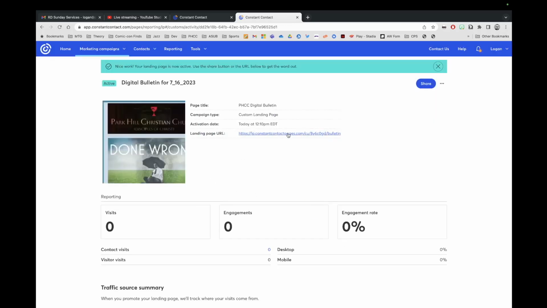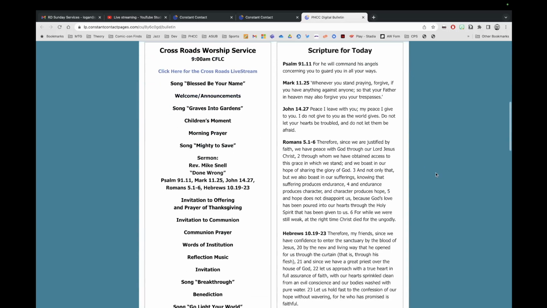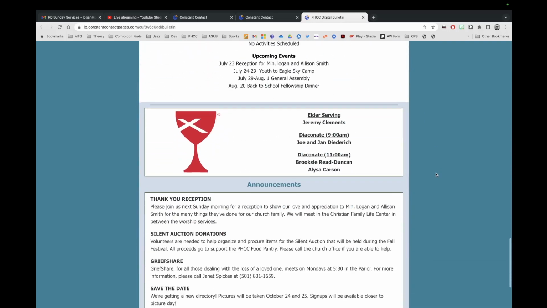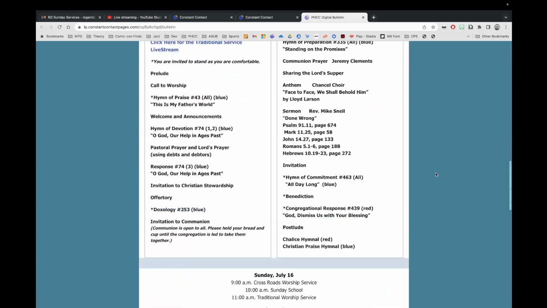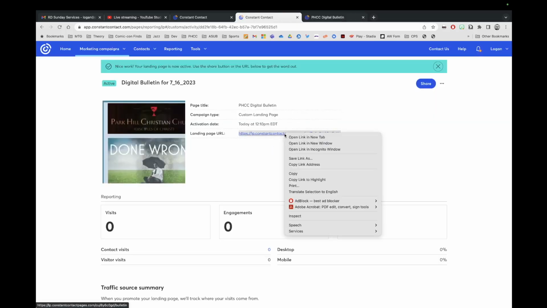Okay, so this is the link to the actual page. If we click on that, you can see that it is the digital bulletin there. And this is what people will see if they open up the link on their phone or on their iPad or whatever, their computer, so they can see the digital bulletin. So we're going to copy that link,